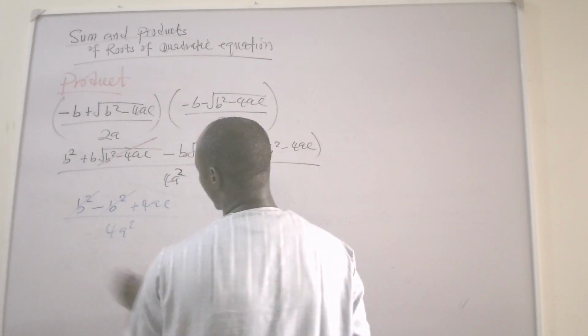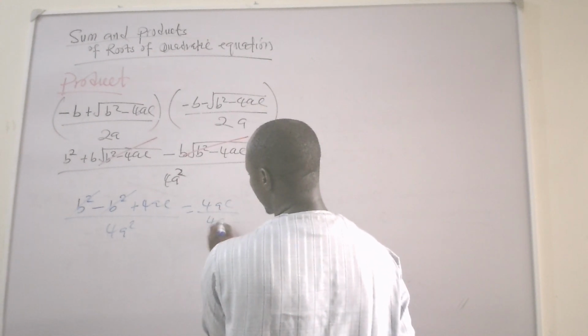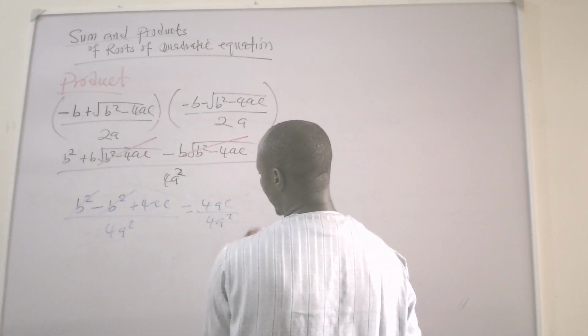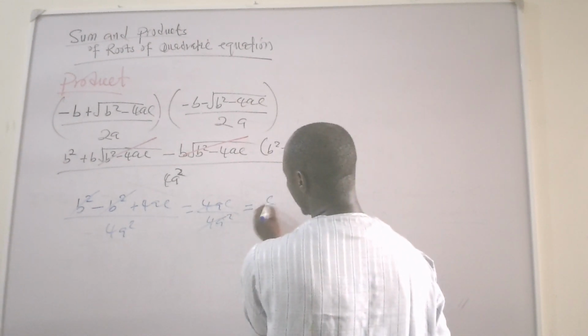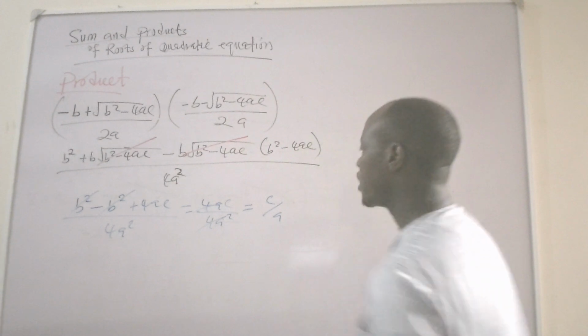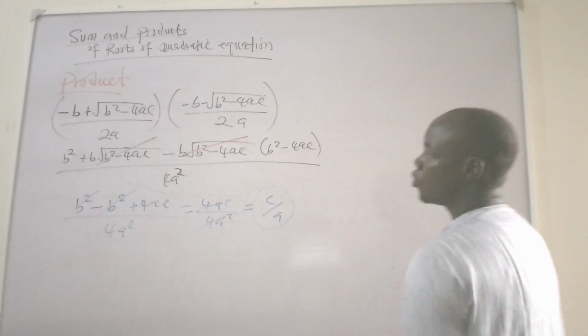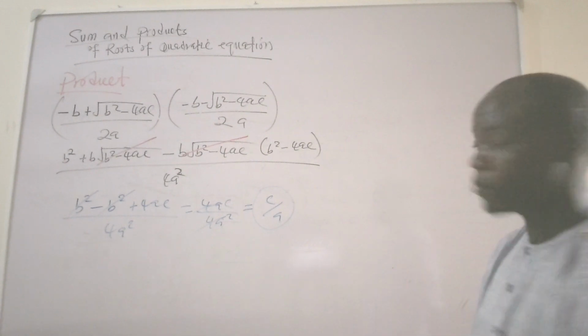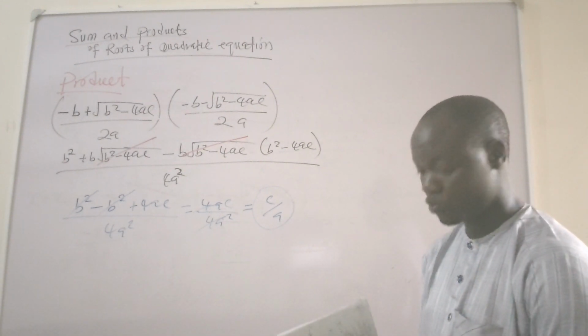So we now have 4ac divided by 4a squared. This 4a will go with 4a here, so we are going to have c all over a. So it means that the product of the roots of the quadratic equation is c all over a, and the sum is minus b over a. We are going to work with those two